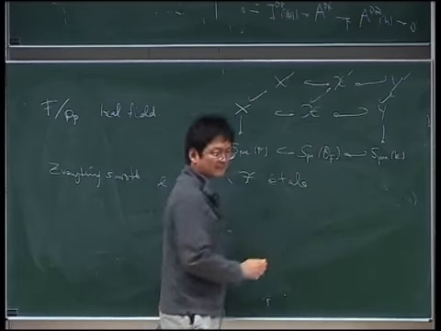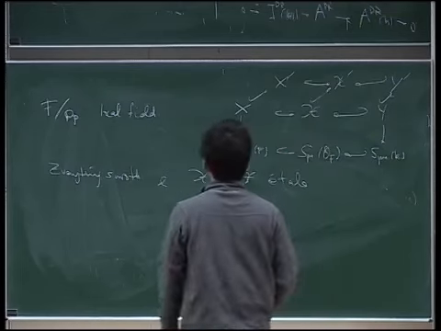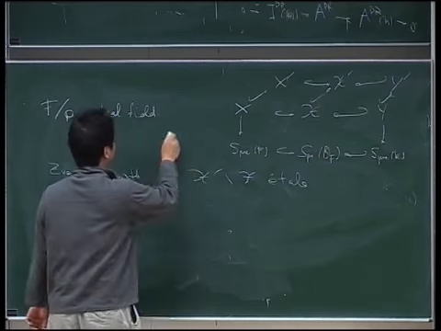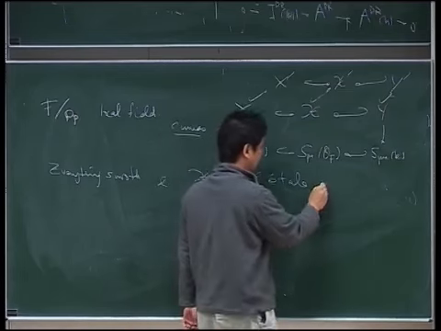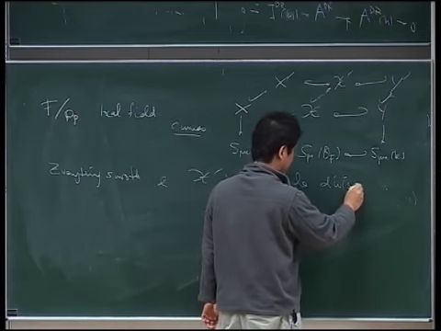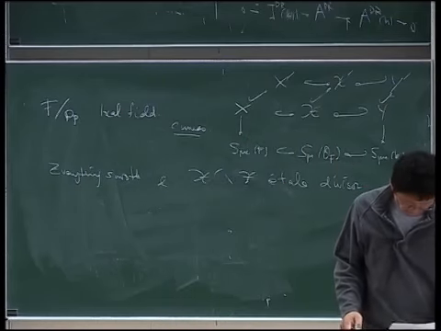Oh, sorry, I guess here I'm implicitly assuming I'm on a curve. I may as well do that. So let me assume now that everything is a curve. These are all curves. I take this to be an étale divisor. You don't need to do that quite yet, but I may as well do it since that's the main case of interest.